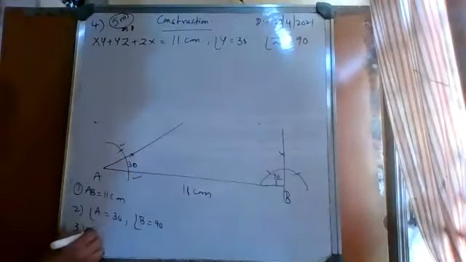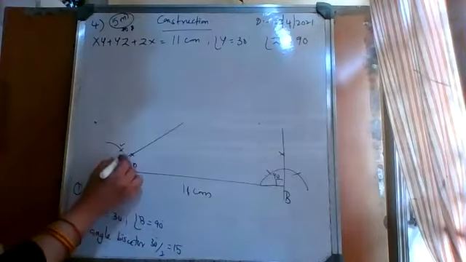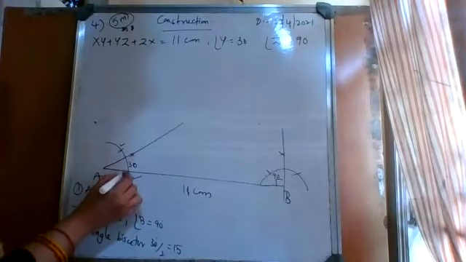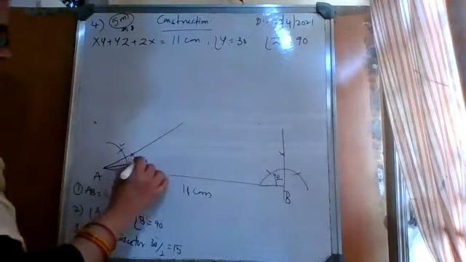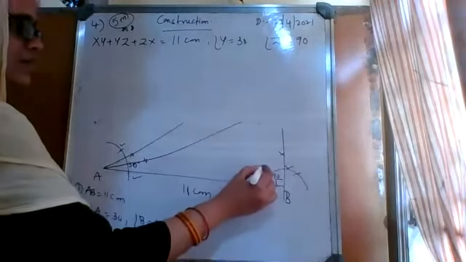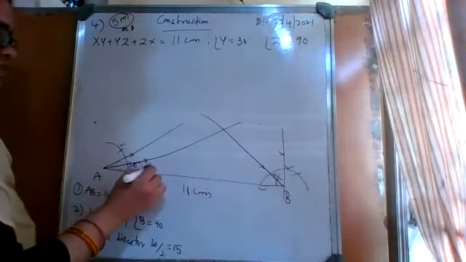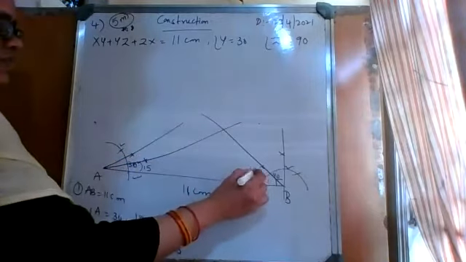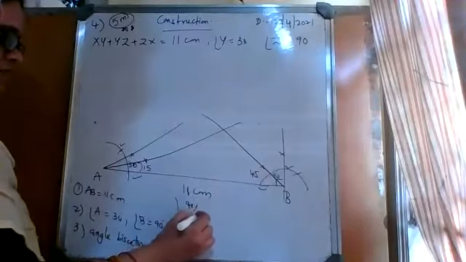Now, the angle bisector. Next what we have to do? The angle bisector of 30 is how much? 15. From here and here we'll cut an arc. From here and here cut two arcs. We'll get this line. Extend this. Now from here and here cut two arcs. You'll get this angle bisector. Now this is 15 degrees. And half of 90 is how much? 45 degrees.